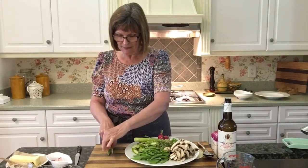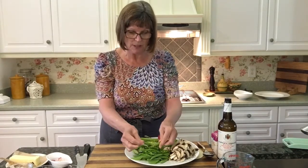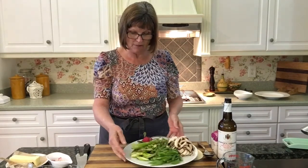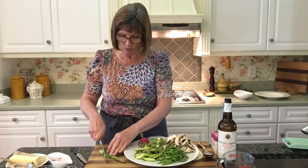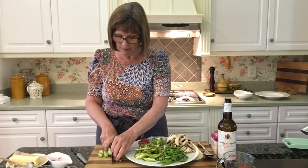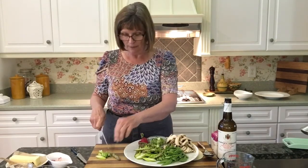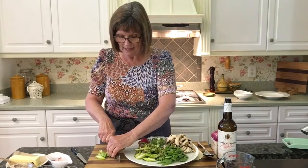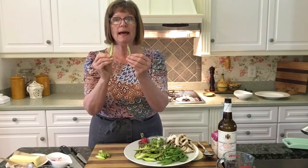And all you want to do is just slice it on the diagonal in half. And then you can see the peas, they're totally exposed. And we also have asparagus here. And I'm going to just slice it once again on the diagonal. And this I do probably more like about a 1/4 inch because this takes a little bit longer to cook. And you want to take the flour, the end of the asparagus, and just split it in half so that